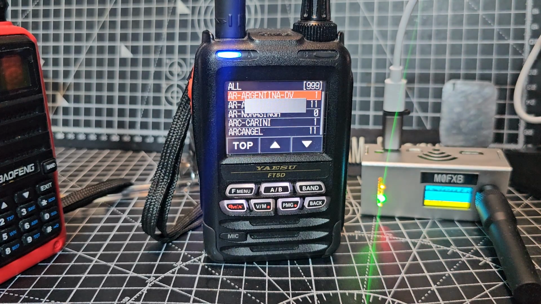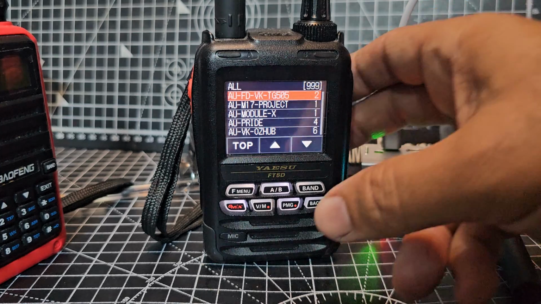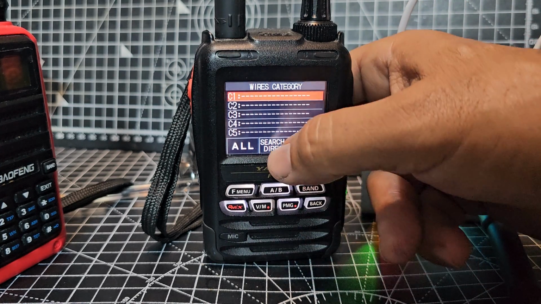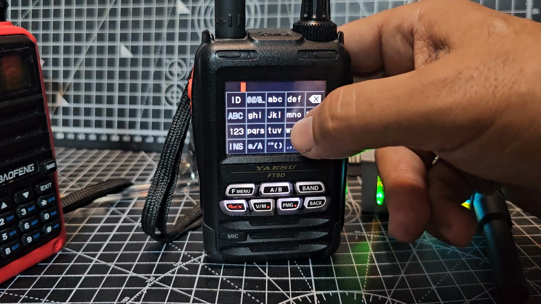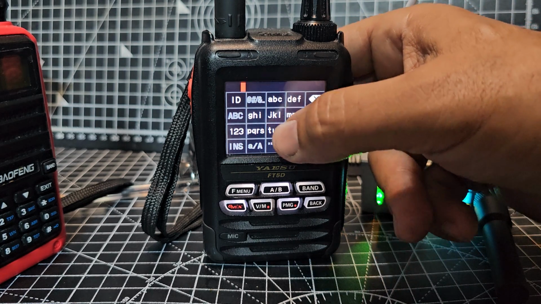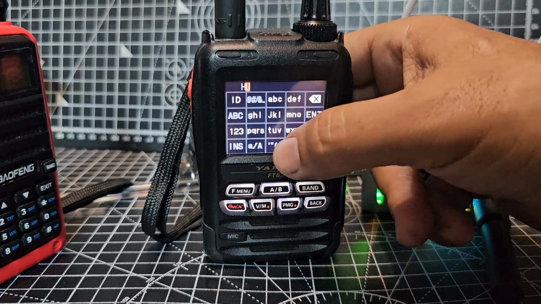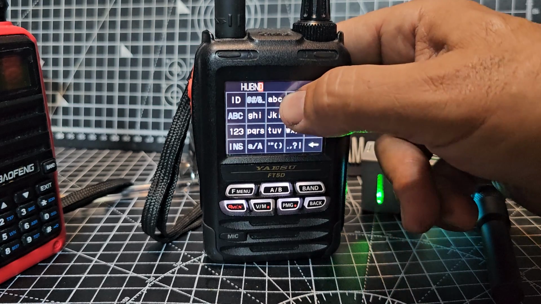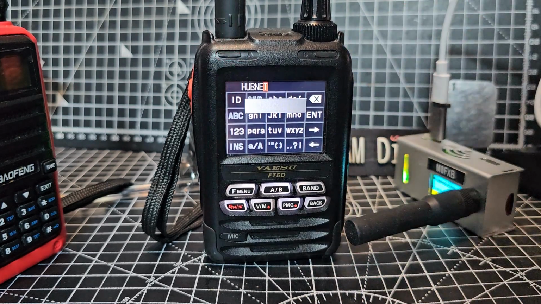We can search an actual specific name if we want. If we go back, you can go to the top. If we go back and search direct, we can actually put in a name. So let's go hub. Let's put in hubnet. H-U-B-N-E-T. Enter, and it should try and find hubnet,